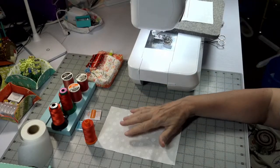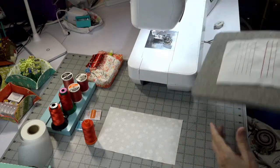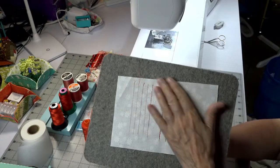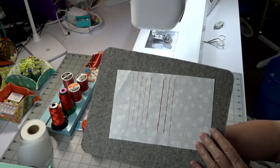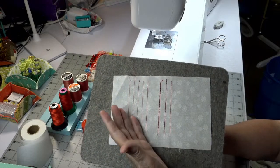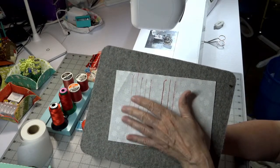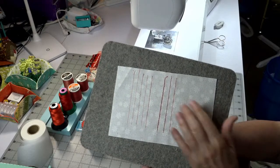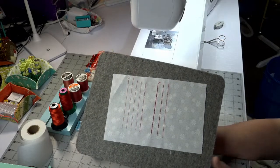So now I'm going to do a decorative stitch. And you notice with this one, I did get a little puckering. And you do when you sew. That's why whenever you sew a seam, you press the seam before you open the seam. And that helps that relax and get the stitches all nestled into the fabric. The thicker the thread and the bigger the needle, the more that could be an issue. But when you're working with a decorative stitch,